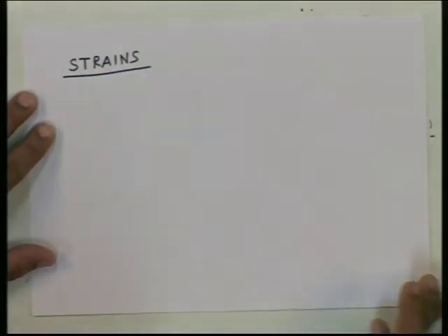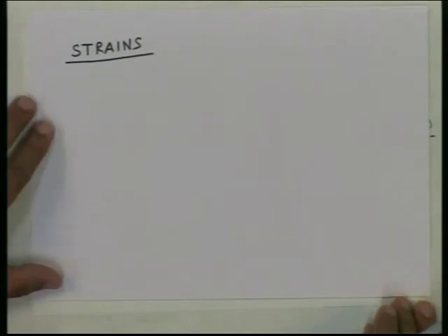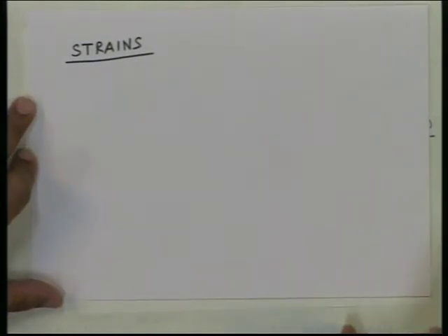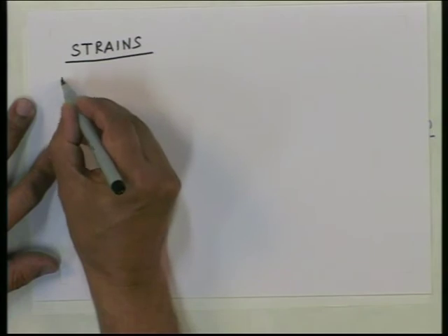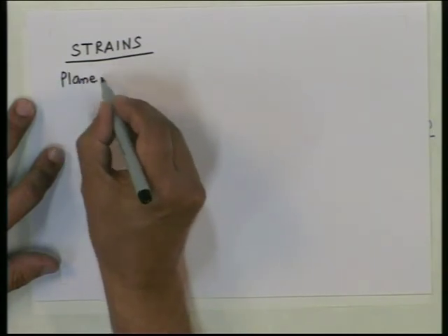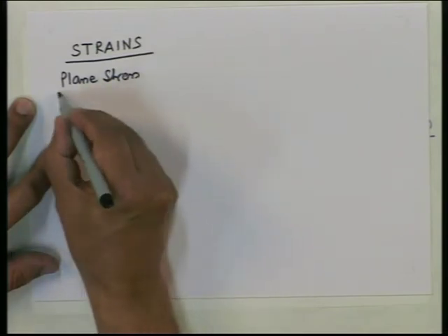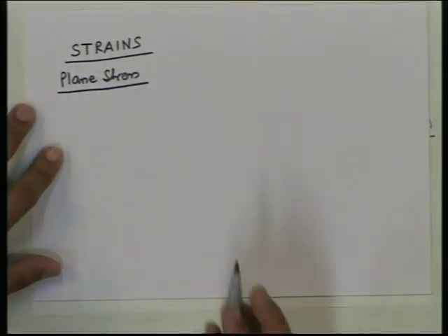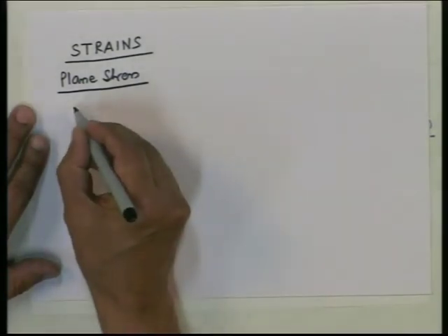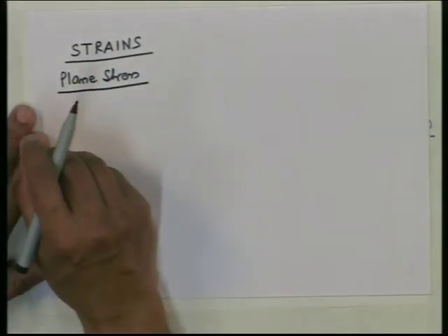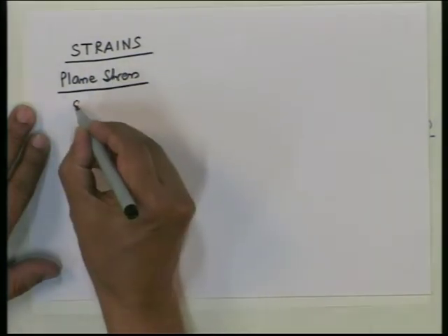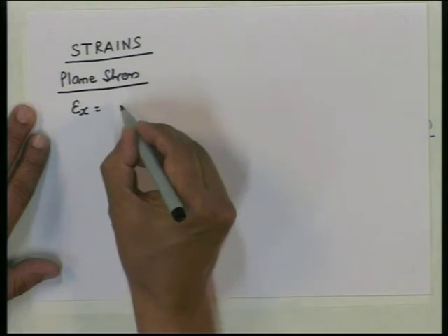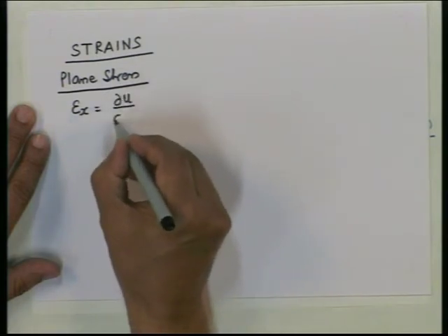Any elasticity problem, the way I have taught you so far is, first displacement: understand the displacement field, how particle P moves within the element, and then find out strain. So, what are the strains? Let us say we are talking of plane stress. Because we are discussing only 2 dimensions now, I am taking plane stress. For plane stress we found out the strains present. Epsilon x is du by dx.